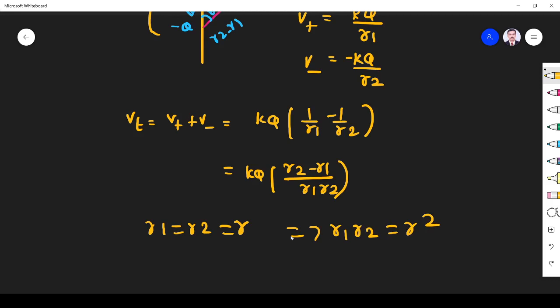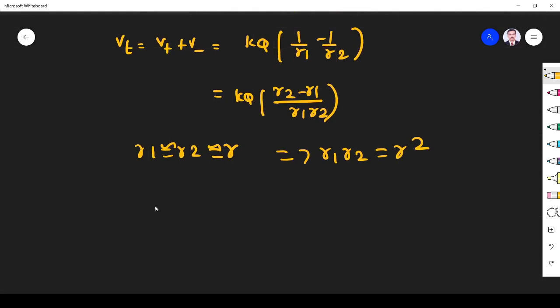Right? So don't think that R1 is exactly equal to R2. There may be a minor difference. That's why, if you make R1 exactly the same as R2, then R2 minus R1 will become 0. That is not the case. Some minor difference will be there. So it is approximately equal, not ideally equal. So what we can make is R1 R2 equal to R squared, so this is what we found.